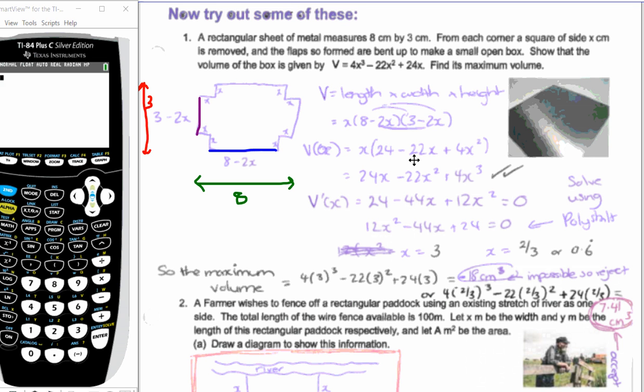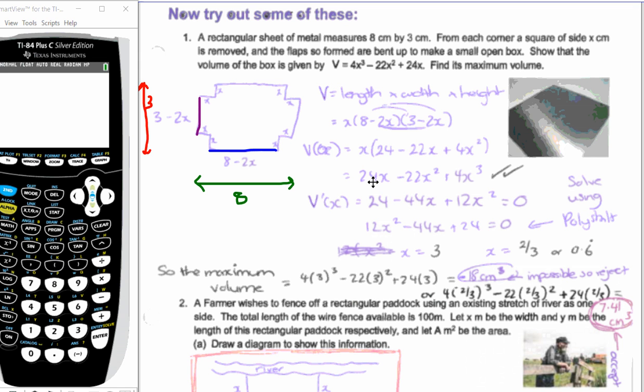So remember, what we need to do is we need to find the gradient function. This is the volume function, the original volume function. Now we need to find the gradient function. And to find a maximum, you set the gradient function equal to 0, and then you solve. So the original function's this. So if v of x is this, v dash of x will be, that's an x term, so it just